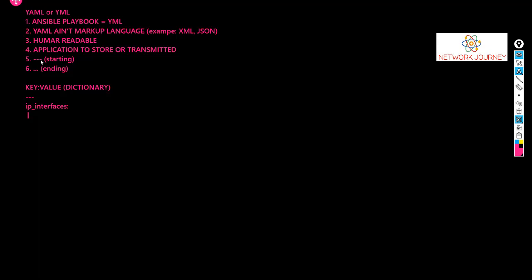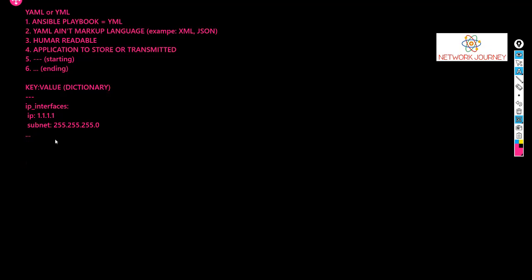You define the IPs like 1.1.1.1. You say what the subnet is, 255.255.255.0, or class C or whatever you want on this particular interface. Then you can close this with the 3 dots. This is how we write YAML. The same thing in JSON would have curly brackets and square brackets, and you might get a little confused. So this is the simplest way of writing the YAML format.